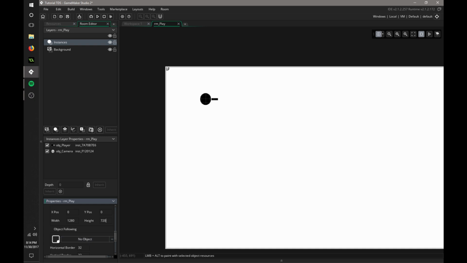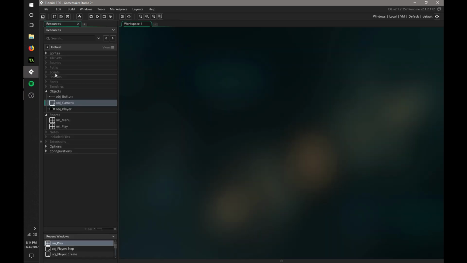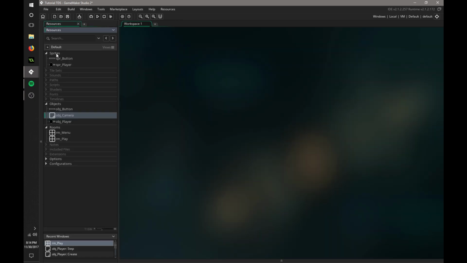Okay, and then we're going to set this border to be 640 by 360, which is half of our total view. And we're going to actually change this room size to just be 2048 by 2048. And there we go. Now you're not going to be able to see how this smooth camera works,